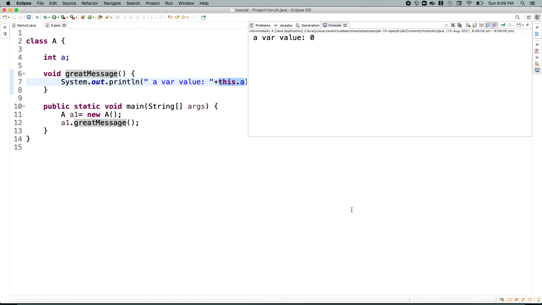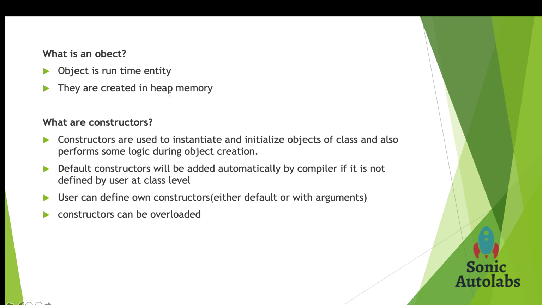So whatever we discussed is what is happening, right? Object A is created and object A contains the integer variable a, and it is initialized to 0 because we are relying on the default constructor defined by the compiler. So the a variable will be 0, and with the object A we are calling the greet message. Okay, and in the greet message, what is the implementation? We are just printing the current object's variable value a, right? So that's what it is. So that's why we got this output, right? This is what it is about the default constructor.